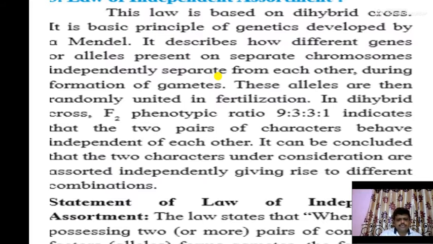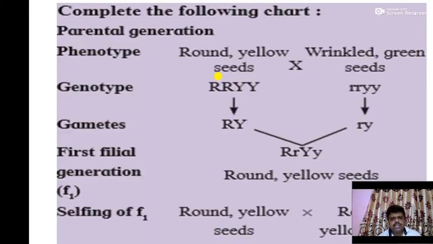When two homozygous parents differing in two pairs of contrasting traits are crossed with each other, the inheritance of one pair is independent of the other. So the inheritance of one pair is independent of the other. In other words, when a dihybrid forms gametes, the assortment or distribution of the alleles of different traits is independent of the other. Let us see the third law of Mendel, that is the law of independent assortment,